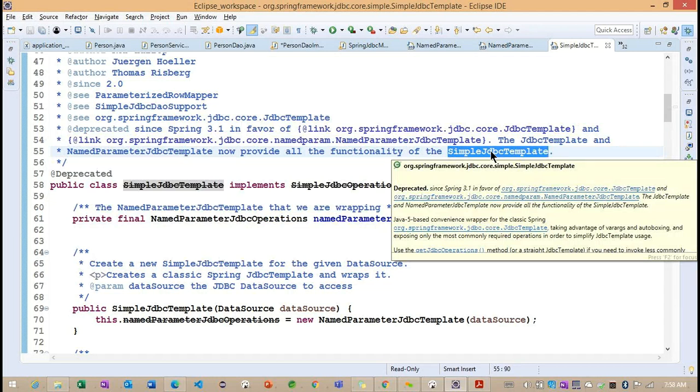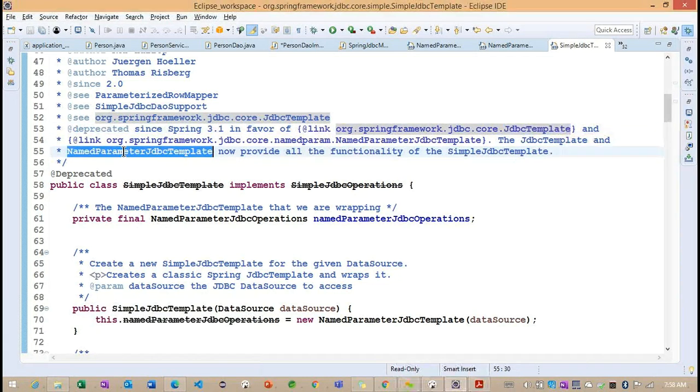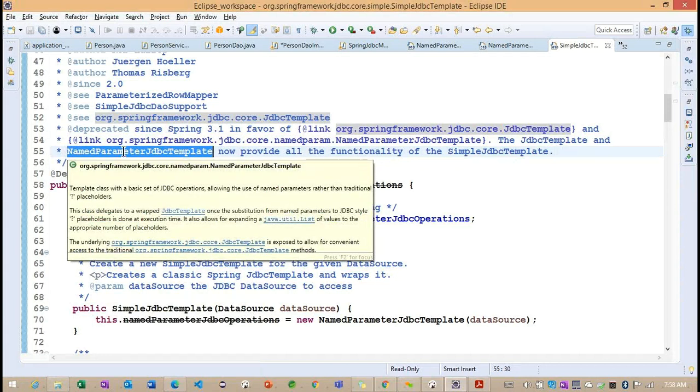Getting the point. Now what are you understanding here? The same features of simple JDBC template are available in our JDBC template and named parameter JDBC template here. Getting the point. Basically, the simple JDBC template is a combination of JDBC template and named parameter JDBC template here. Right.